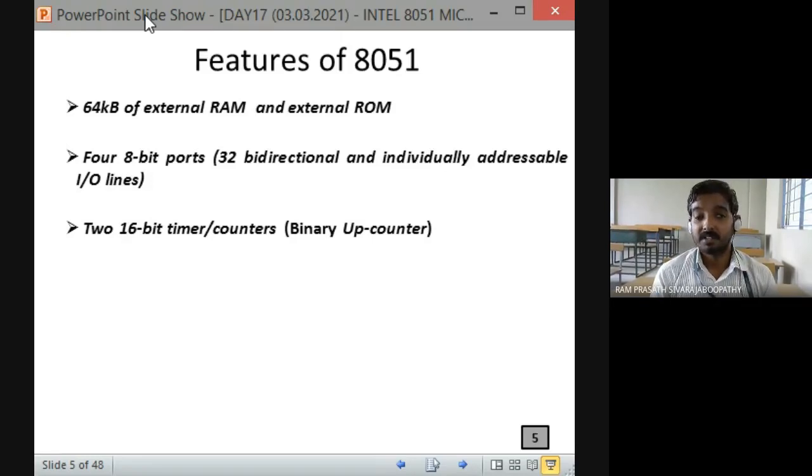Fine. In digital, we have studied on every clock pulse, the value in the counter register will get incremented by 1. Correct or not? Yes? Yes or no? Similarly, here we are having two 16-bit timer bar counter modules available inside the chip. Fine. So whatever we are speaking now,